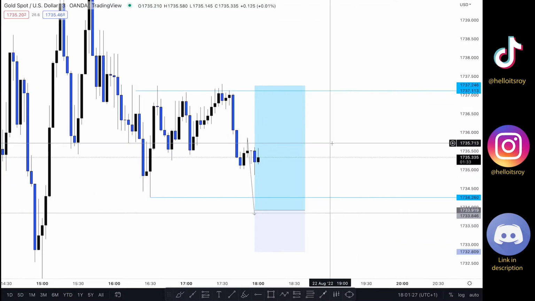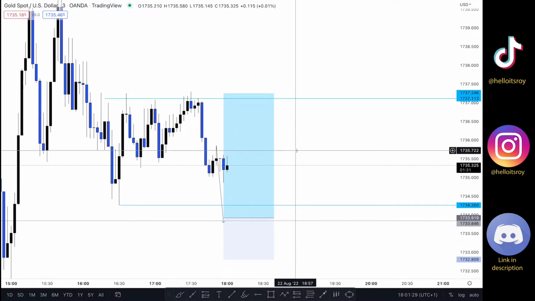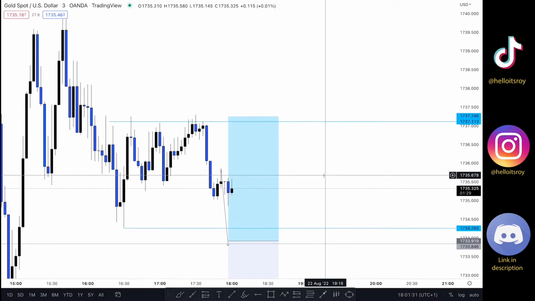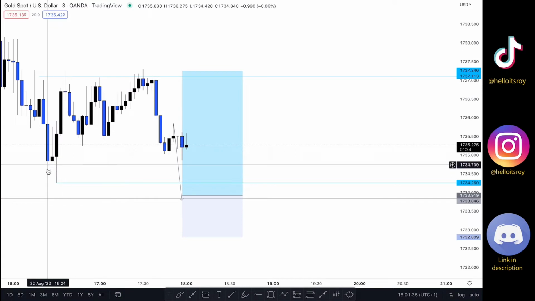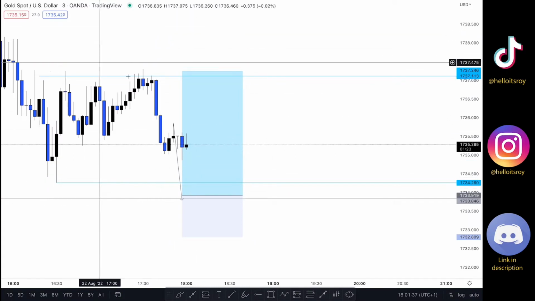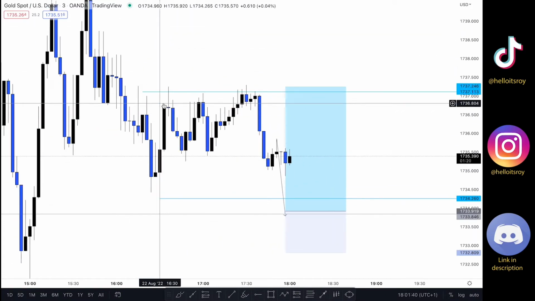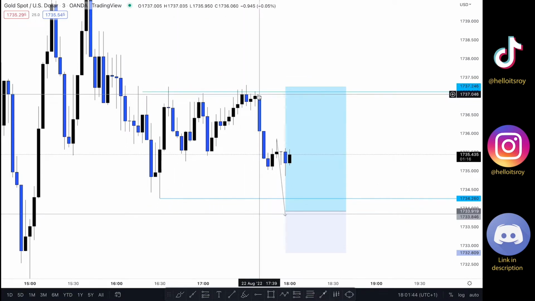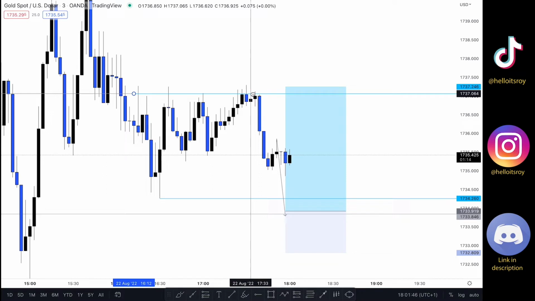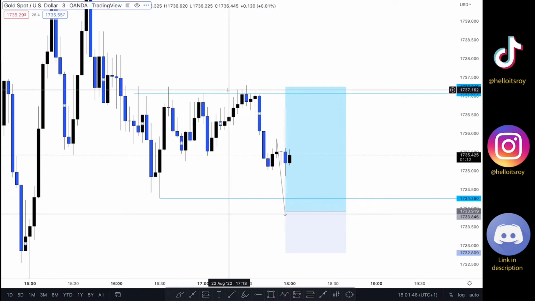On top of these GBPUSD and Bitcoin trades, I'm going to be taking this gold buy as well. Now, as you can see here, the market is pushing through to the downside. I'm going to wait for the market to tackle this low right here for me to buy into this liquidity area right here. As you can see, we have huge liquidity right there. We have 1 touch, 2 touches, 3, 4, 5 touches of this line right there. And so a lot of stop losses above it.